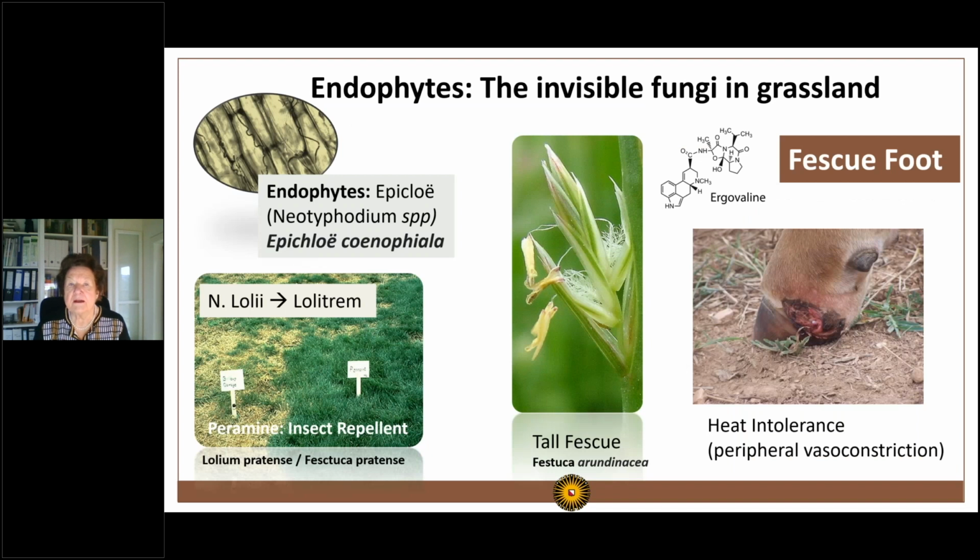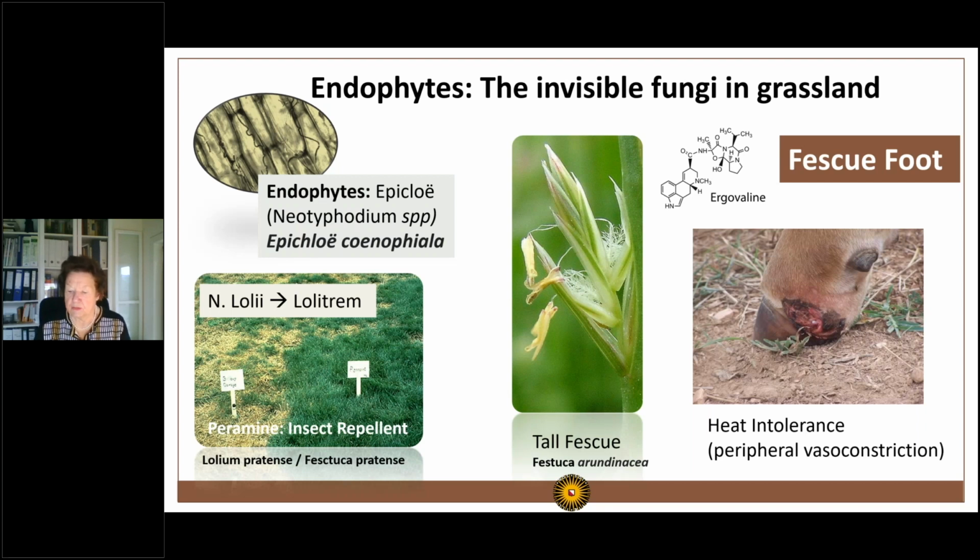to the endophytes. You know, endophytes are the invisible fungi, because they live within the plant, so you do not see them from the outside. They can even convey heat resistance and insect resistance to the plant, so they are beneficial for the plant. But when ingested by animals, they will cause diseases, particularly due to ergot alkaloids. The most prominent one is fescue foot in the United States, a very prominent disease in large parts of the western grassland. And this gives lesions at the foot of the animal